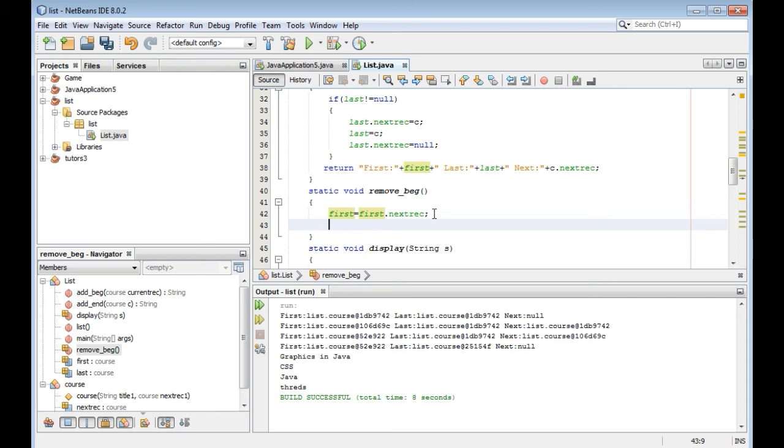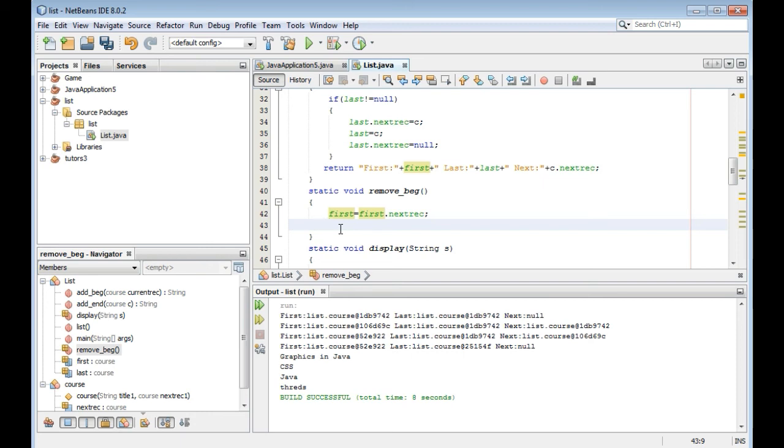First.next record is equal to first, so the next record will have the address of first, which will be copied to first.